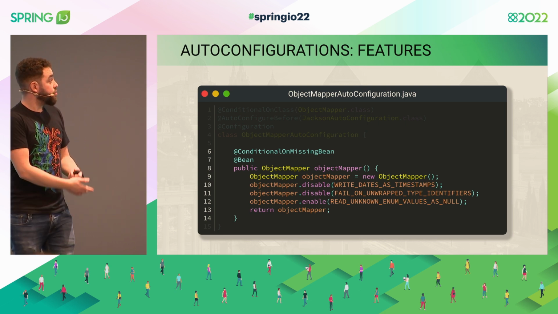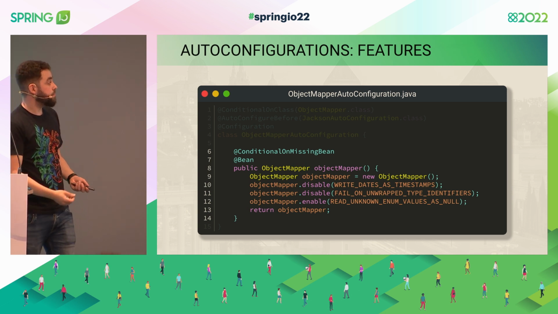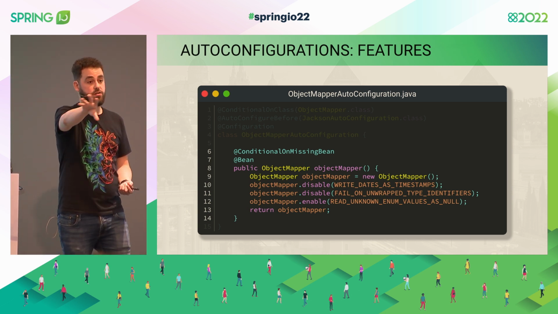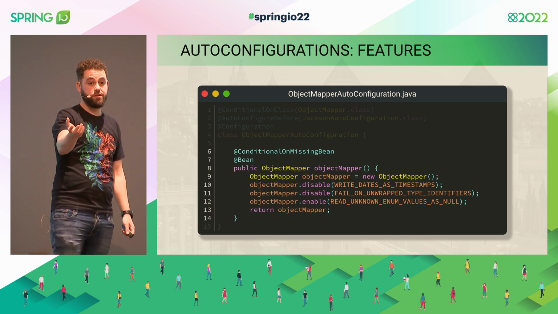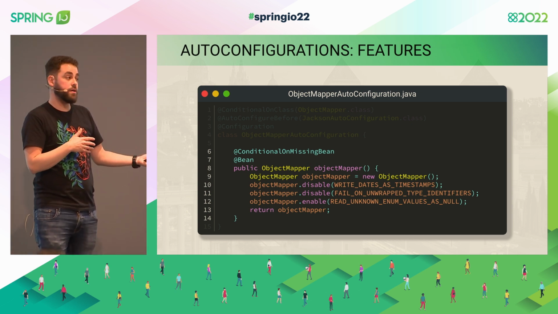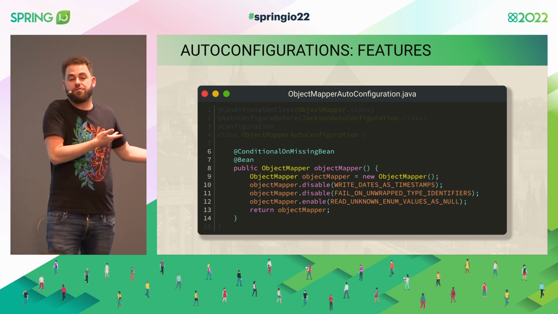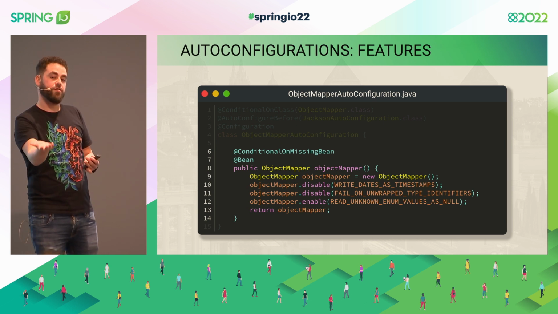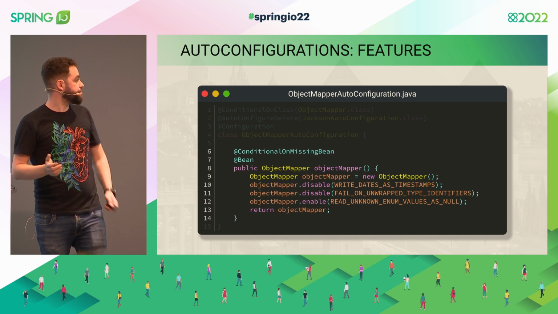We can also provide conditional beans. So we can do conditional on missing bean. Conditional on missing bean means when you evaluate me, just check the context. By default, it's going to expect a bean of object mapper. If there's already one, so the application or somebody else is providing one, then just don't do anything. Don't provide this bean. Otherwise, this is my default. So again, we're providing now default implementations of classes, only if the application doesn't have another opinion.